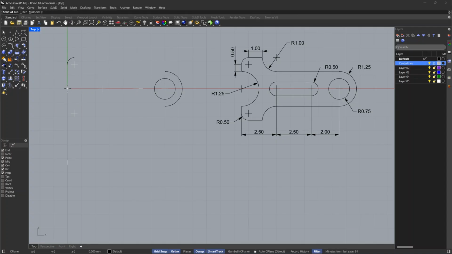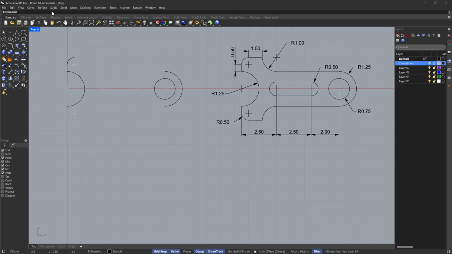For the start of arc, type 1.25, then press enter. Now toggle in the down direction and click. For endpoint or angle, type 180, then press enter.